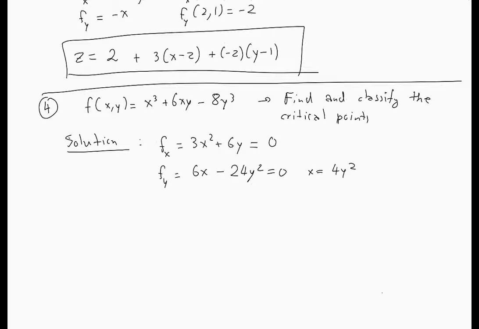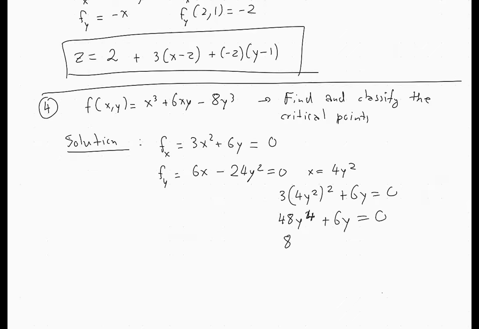So that will give you 3 times 4y squared plus 6y is equal to 0. 4 times 4 is 16, 3 times 16 is 48, 48y cubed, y to the fourth, sorry, plus 6y is equal to 0. Simplify this, 8y to the fourth